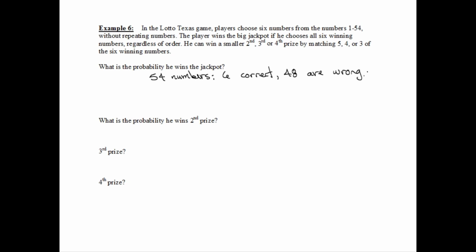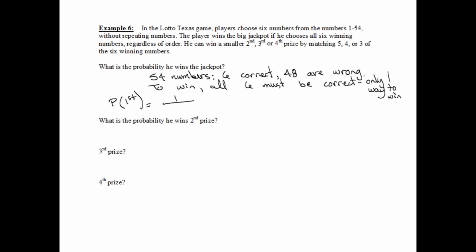What is the probability that we win the jackpot? All 6 must be correct. How many ways can that happen? Only 1. Only one way this can win. Only one possible winning set of numbers is if you get all 6 exactly correct. So the probability of winning